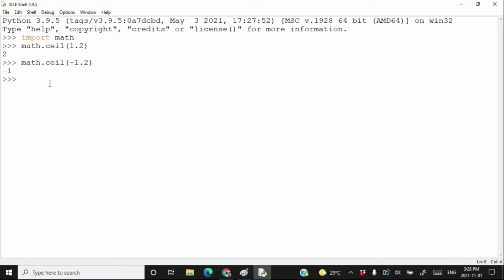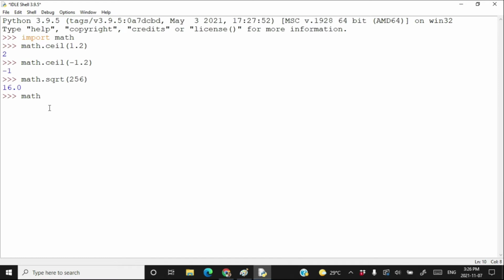The next is sqrt. Math.sqrt. If I pass here any number, say 256, it will return the square root of 256, that is 16.0. The value returned by sqrt is float. The next we are going to execute is exponent.